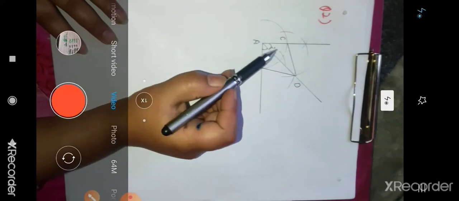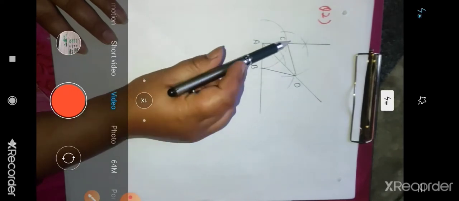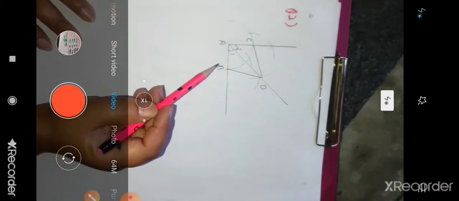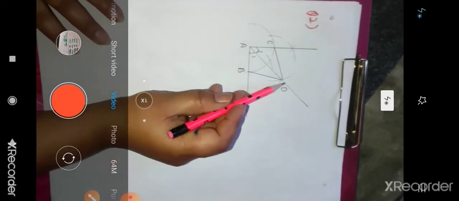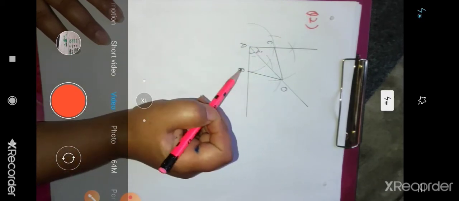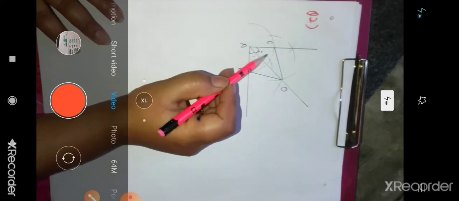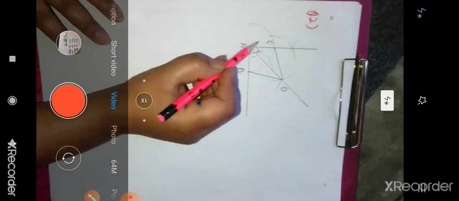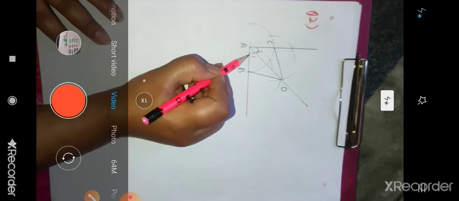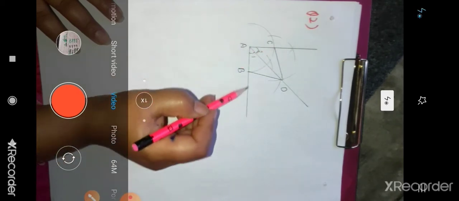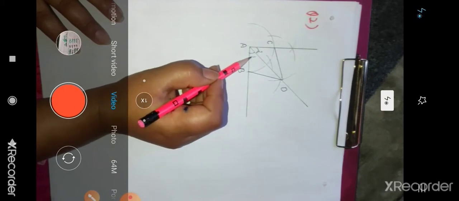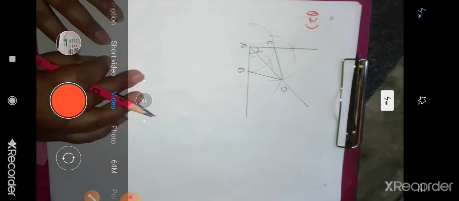So first we have to make two triangles congruent, ABD and ACD. If you see these two triangles very carefully, you will see that AD is common, CD equals BD, and CA is equal to AB. Hence, from SSS congruency, both the triangles are congruent. By CPCT, angle 1 is equal to angle 2. And since we know that this whole angle is 90 degrees, with each angle x, x plus x equals 90 degrees. Hence we will find that this angle is 45 degrees.